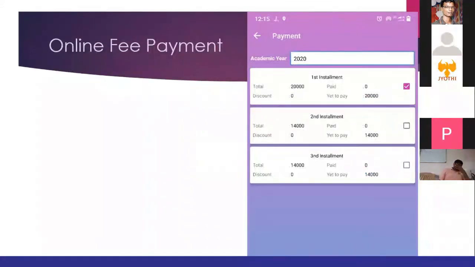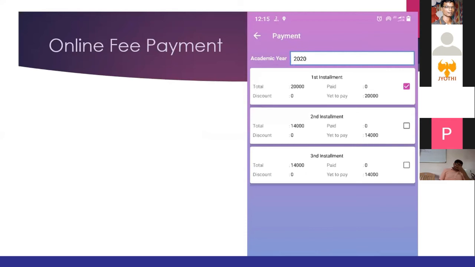The next one, online payment. Whatever fee settings the office admin has done, whether installment 1, 2, 3 or term wise payment, the parent can view in their mobile. First installment, this is the total fee. Whether they paid, got any discount, or have not paid, they can view this history in the mobile app itself.